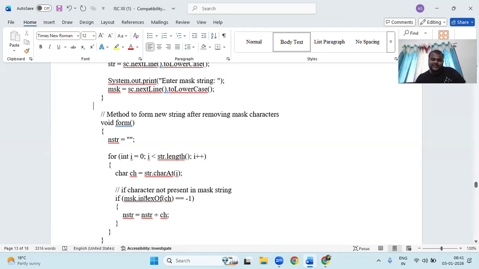New string plus this, what is the value that is going to extract the character, that is going to take only the